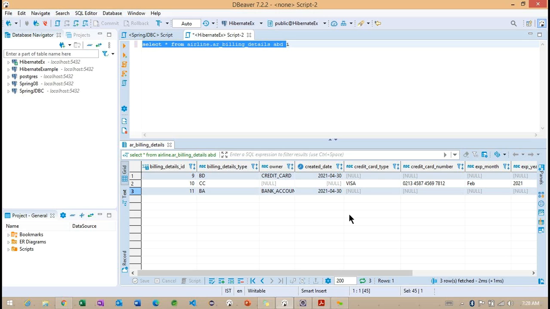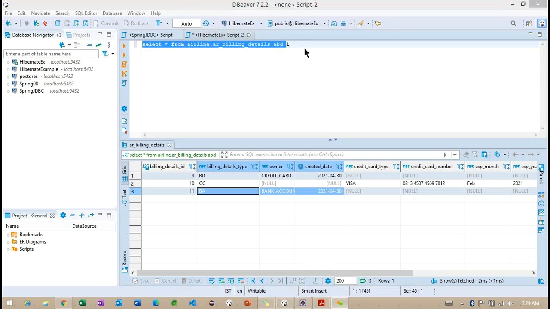Only one record is going to be created with reference to the superclass object information. Which is the superclass we are having? These are the three records we need to store into the superclass object class called billing details. Getting the point. So this is all about the type for the same class hierarchy. Any questions regarding this particular example?